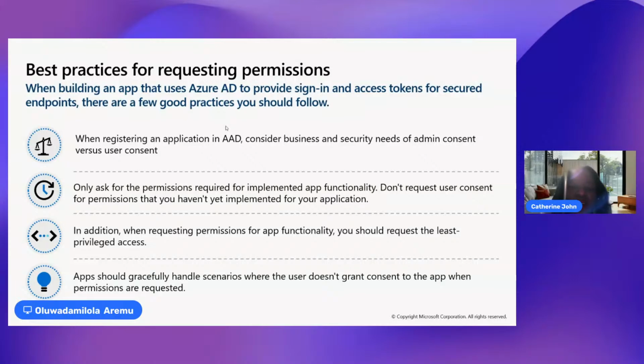Security: customer consent, or rather user consent, should show up first, whereby the person accepts. And again, you are reminded that you should only ask for the permissions you require to implement the app's functionality. For example, now imagine